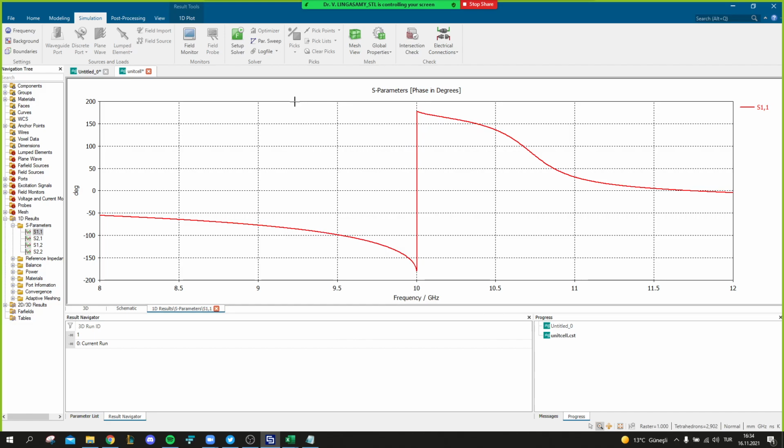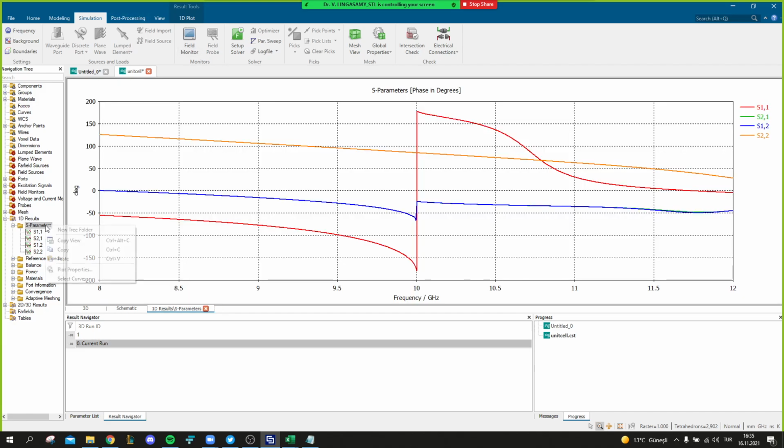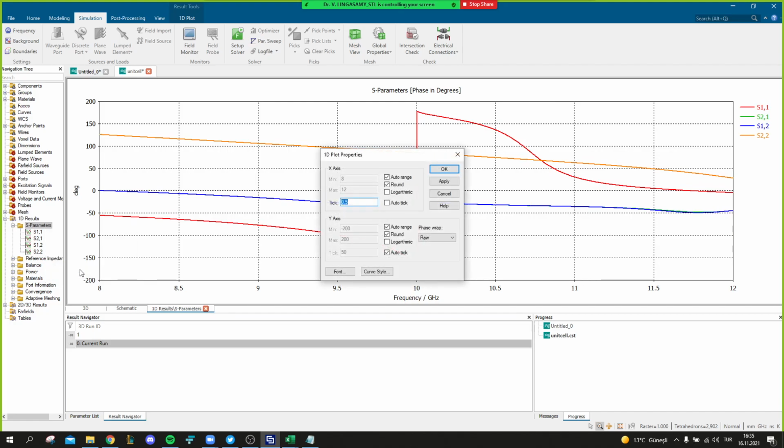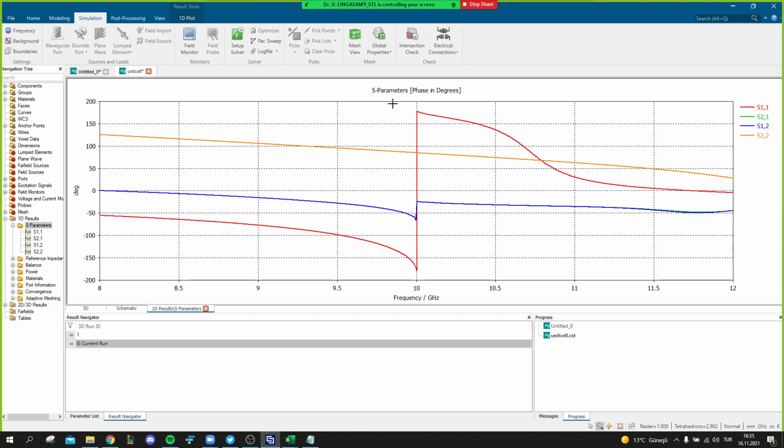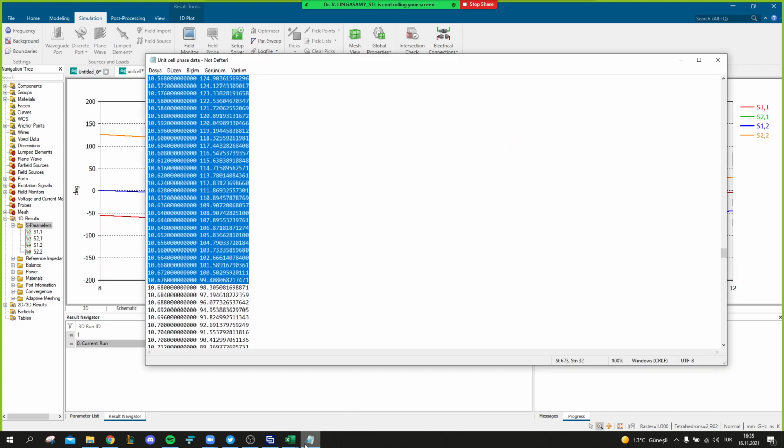Somewhere it will be there actually. Maybe next time it will come like that. Okay, that's fine. Now we'll go ahead with this.